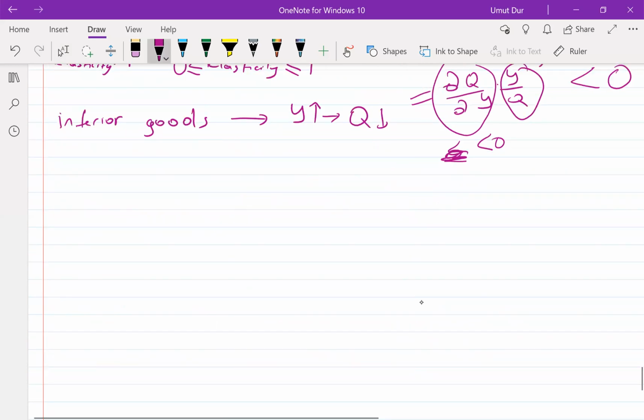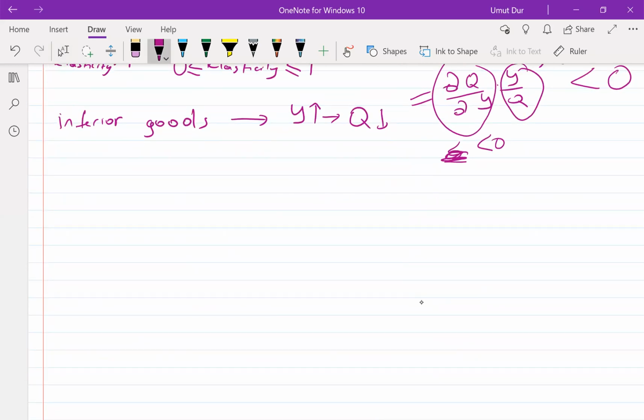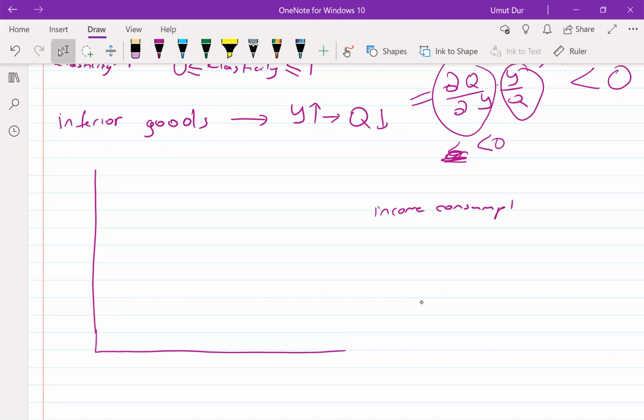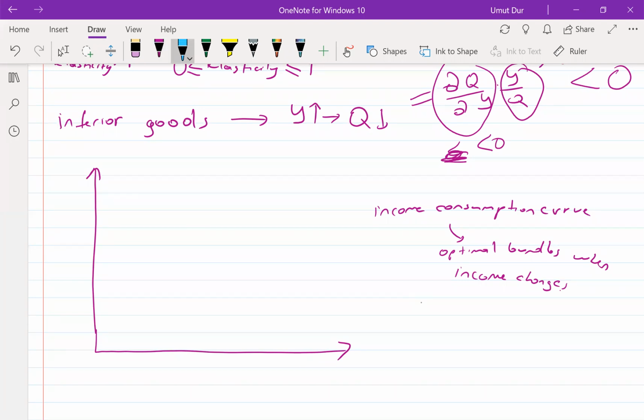So if you remember, in the first class we drew the income consumption curve, and basically it shows the optimal bundles when income changes. Okay, so we would like to draw this income consumption curve